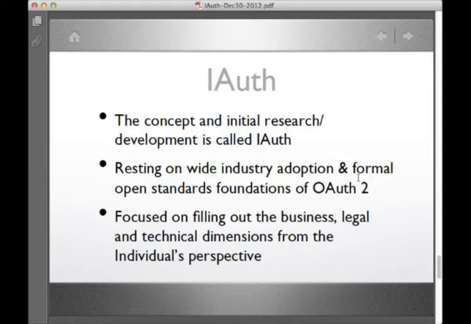It rests upon the, I think, very successful foundations of OAuth 2, which has recently been formalized at last by the Internet Engineering Task Force.